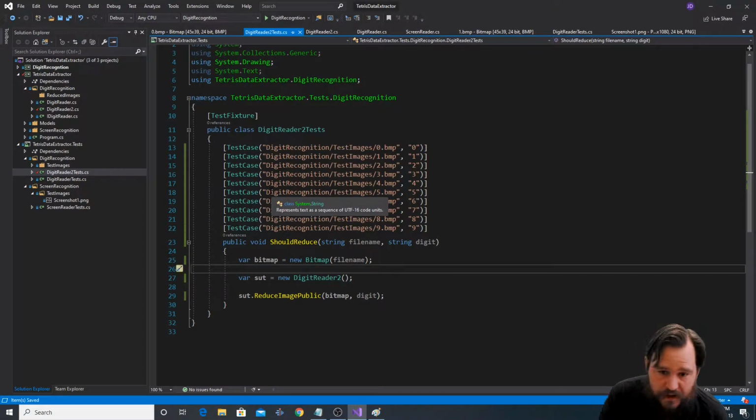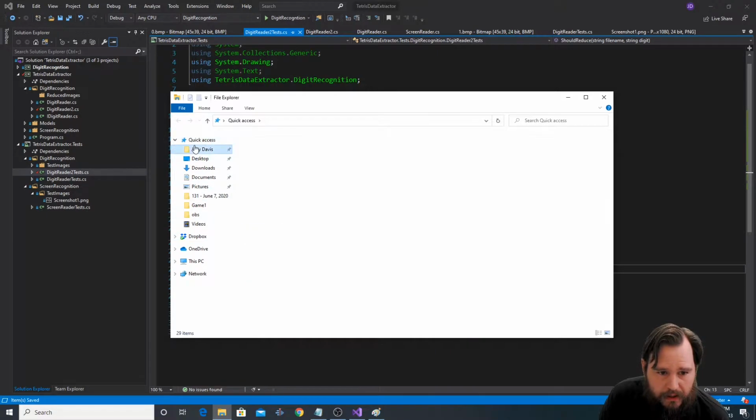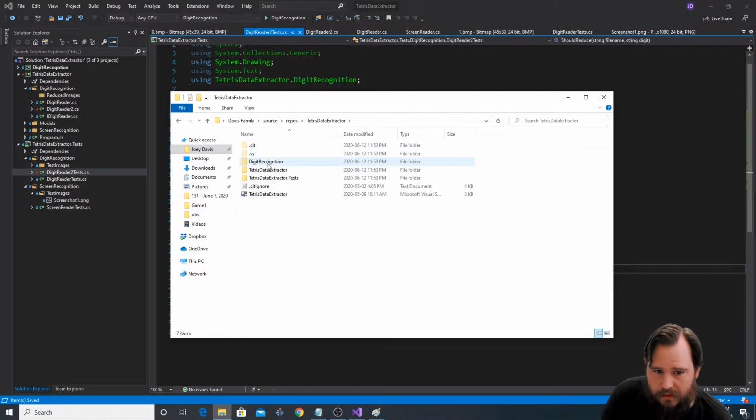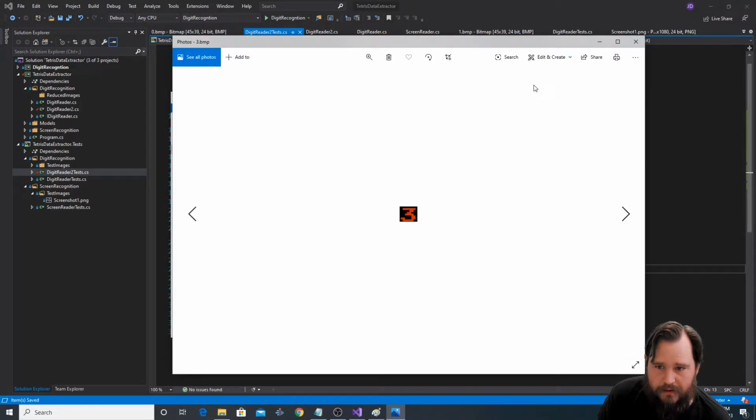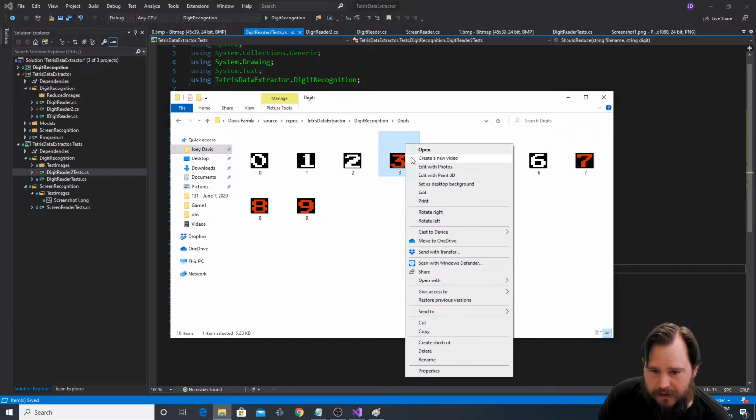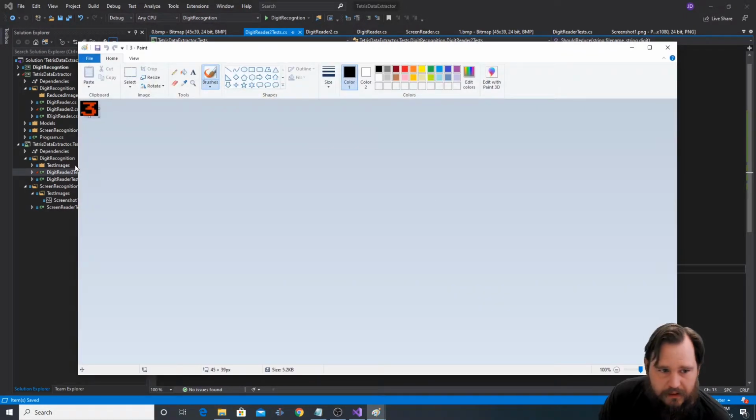this. Actually, the first thing I want to do is to go into my various canonical images as they are right now, and you notice some of them are red and some of them are white, and that's just because that's the place I took them from the screens. So what I'm going to do is I'm actually going to edit these,